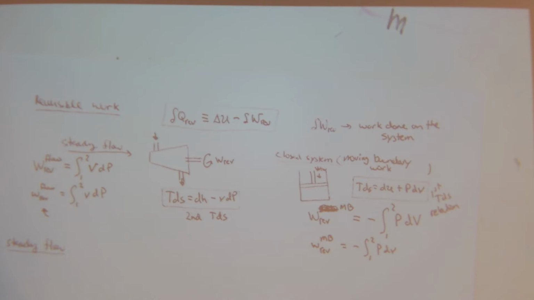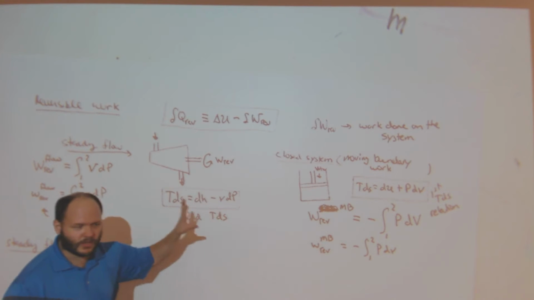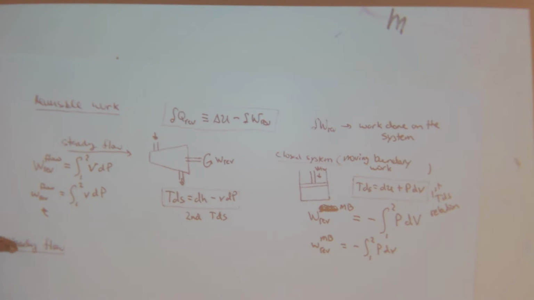Getting a workflow per mass. Just call it the popular word. No, it's not that. It's defined somewhere. I never recall it. This is something I've seen so many times, boundary work, right? Very, very easy to visualize. This deals with two control volumes, one coming in and leaving, and a pressure. And so